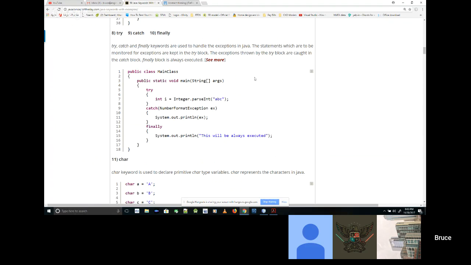So in this case, on line 7 of our example here, it's possible that the Integer.parseInt can throw an exception. And as you can tell by their example, what kind of an exception do you think would be thrown here? Gavin.